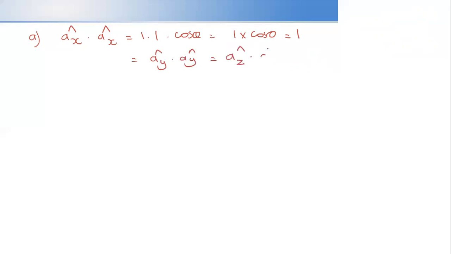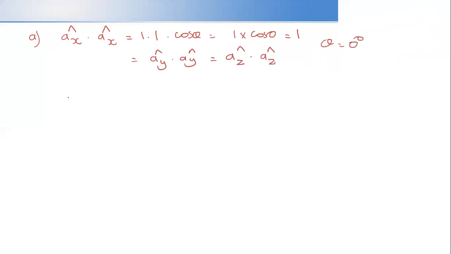When it comes to the dot product, there are some rules which we should know. First one is Ax dot Ax. Same vector means they are parallel, so the angle is 0. That is 1 into 1, the modulus of a unit vector is 1 only, so 1 into cos theta, that is 1 into cos 0. What is the value of cos 0? Cos 0 is 1. Same is the case with Ay dot Ay and Az dot Az, because theta is 0 degrees here.